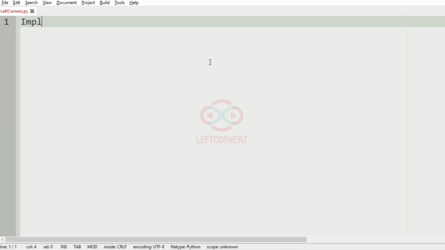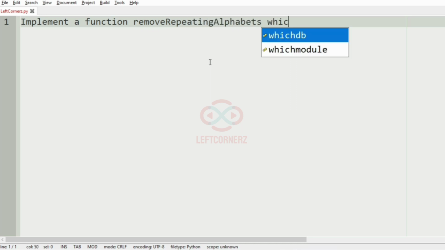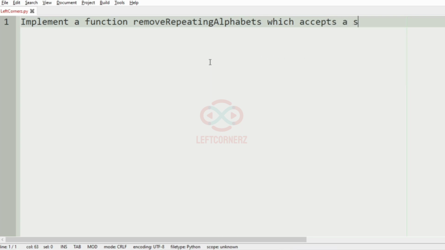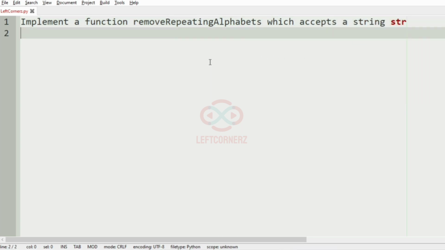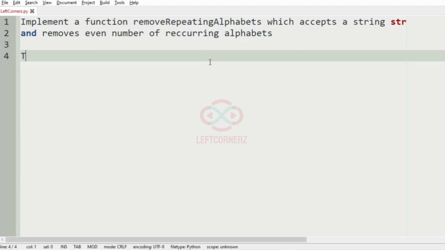First, we'll understand our question. The program must implement a function called remove repeating alphabets, which accepts a string str and removes the even number of recurring alphabets.